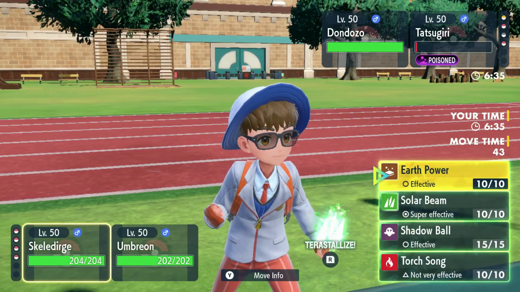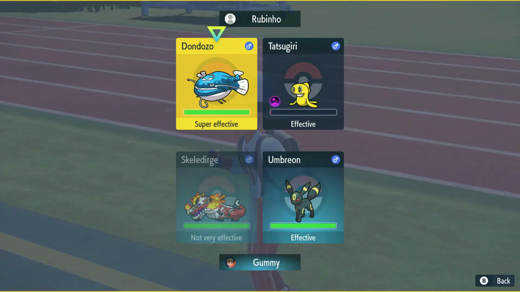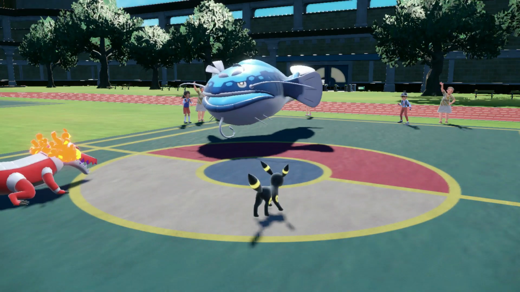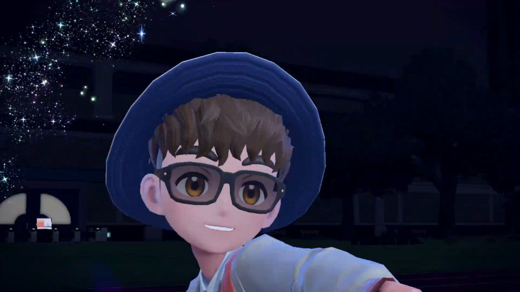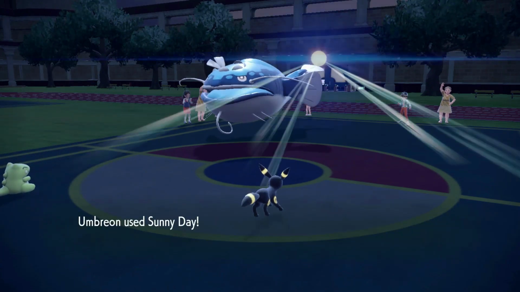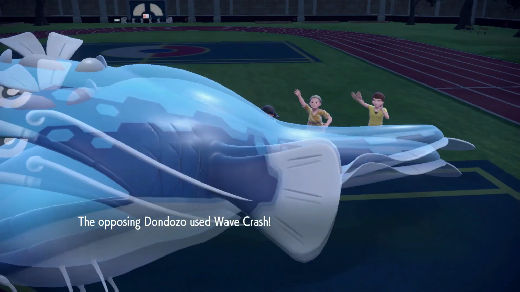So because of this, I go ahead and Terra Grass, Solar Beam. Bye-bye, Dondozo. And over here, because I'm faster now, I go for Sunny Day. Come on, let's go! Meaning Dondozo's gonna die in one turn, and pretty sure my Skeledirge is not faster, so he didn't terrestrialize here. If he would have terrestrialized into Dragon, this would be a little bit of a different story, but...